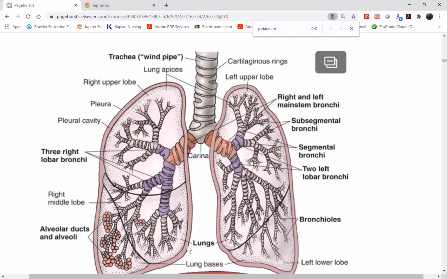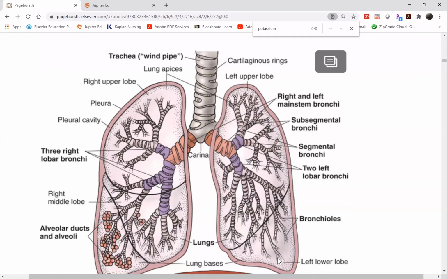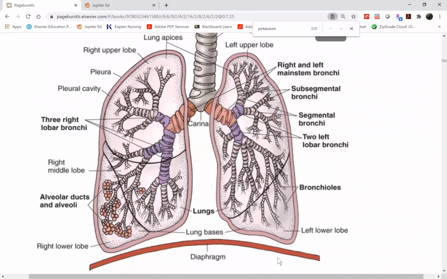Breathing again is made possible by the diaphragm. The diaphragm is usually curved like this. It's a muscle. When the muscle contracts down, air is sucked in passively into the lungs because the atmospheric pressure is so high and we have negative pressure inside the chest. Unless you're talking or running, or exerting, breathing normally is effortless. You're not conscious about it. You don't have to think about it because it's all automatic. It's all done passively. Then for expiration, the diaphragm simply relaxes and pushes up, and just as inhalation was passive, exhalation is also passive,